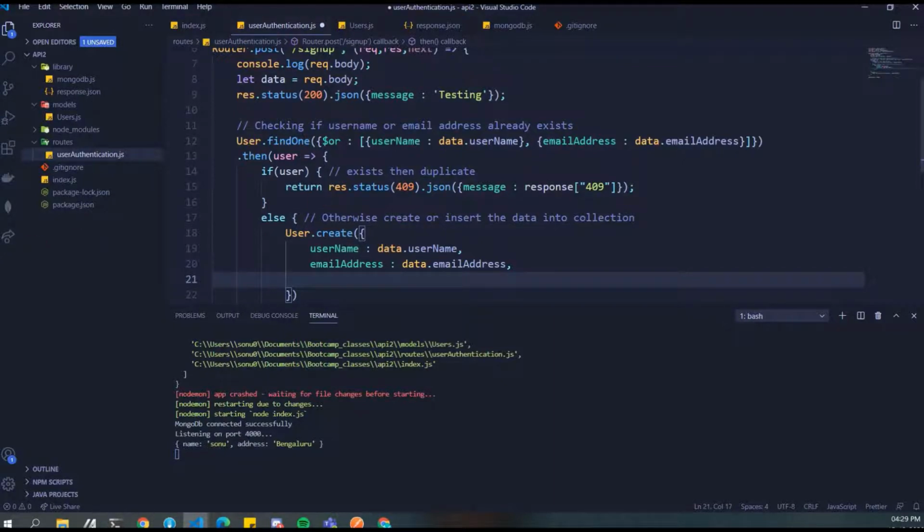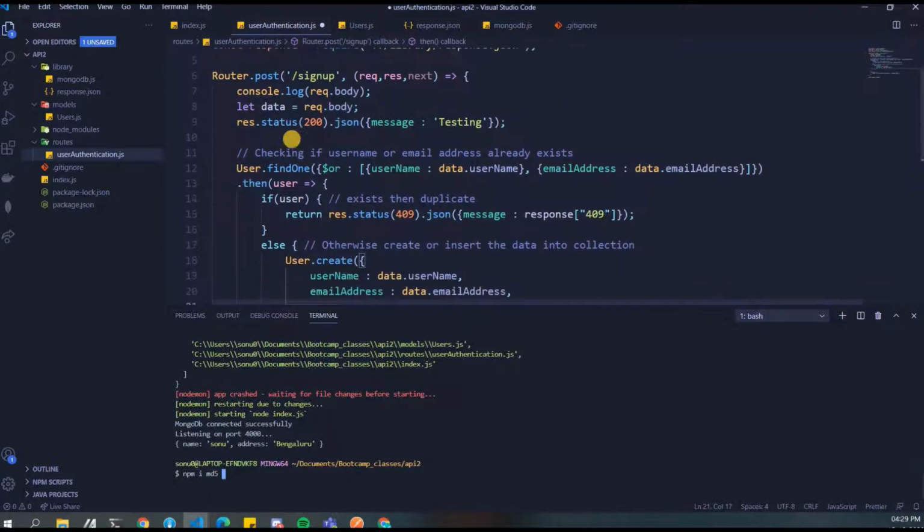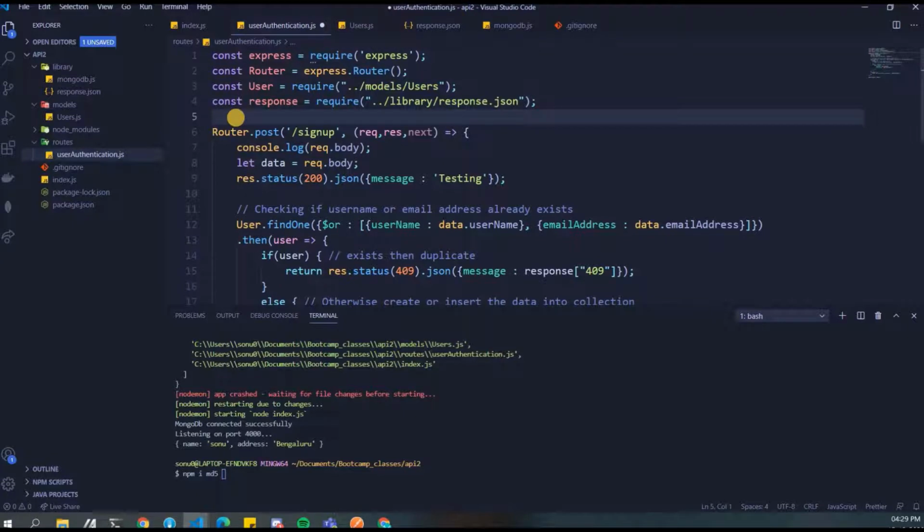So over here we are gonna use a very simple npm module, which is just MD5, which basically converts your data into a hash. I'll write MD5 for encrypting password so that no one can directly retrieve and see the password of the user.